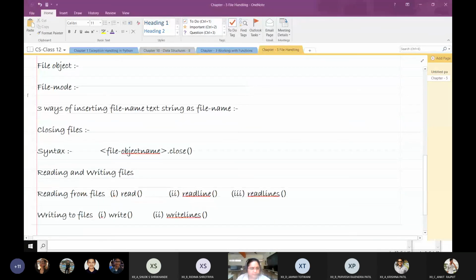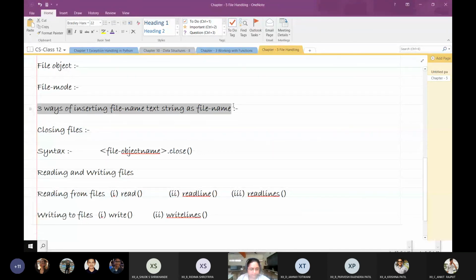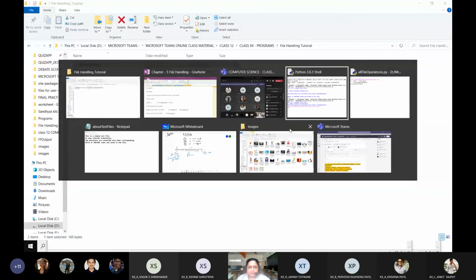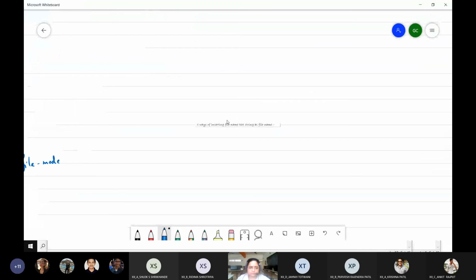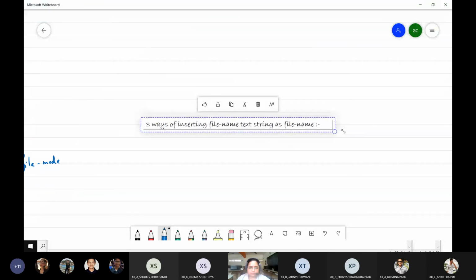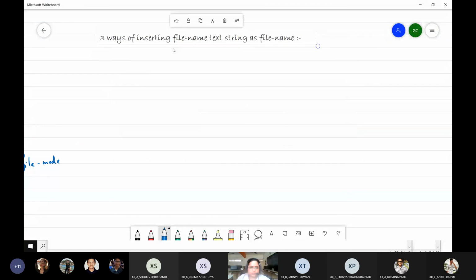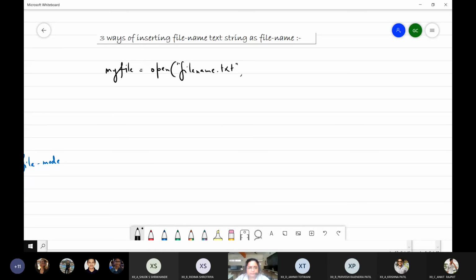We studied the file object, we studied file modes, and three ways of inserting the file name, text string as file name. This is very important now. That is where I wrote here: my file equals open, file name dot txt.